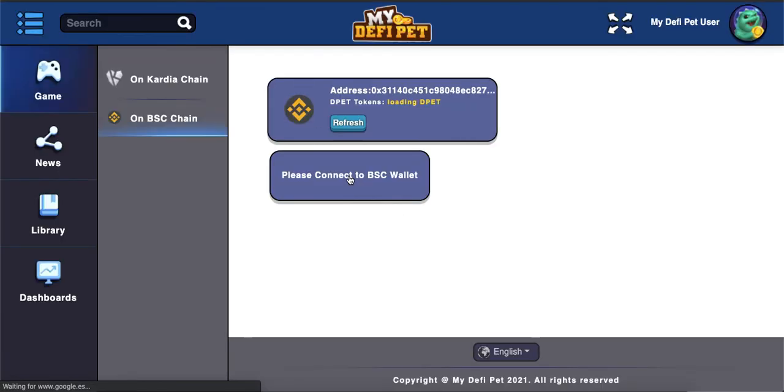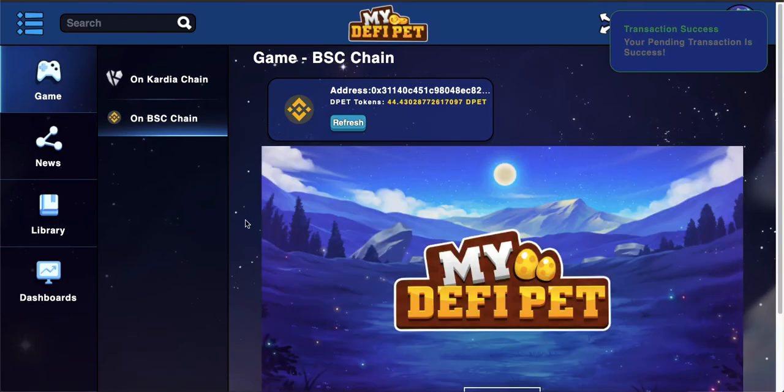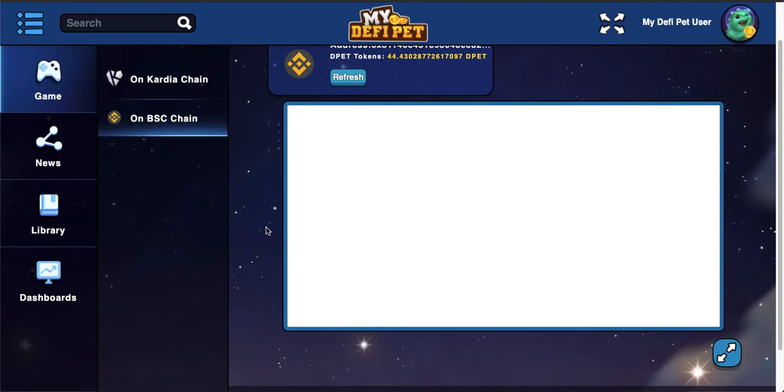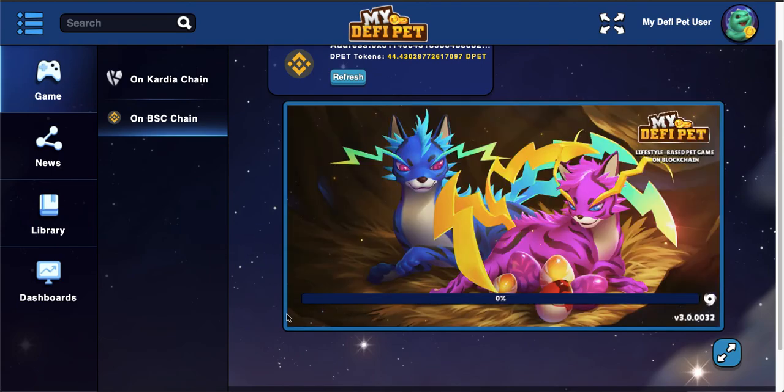For example, in my last video where I had talked about My DeFi Pet, here you would receive the DPET tokens which you would have swapped on PancakeSwap, and this you can use to start buying the NFTs on this site. And in the same way, you can interact with any of the portals using Binance Smart Chain once you have transferred some funds into your MetaMask.